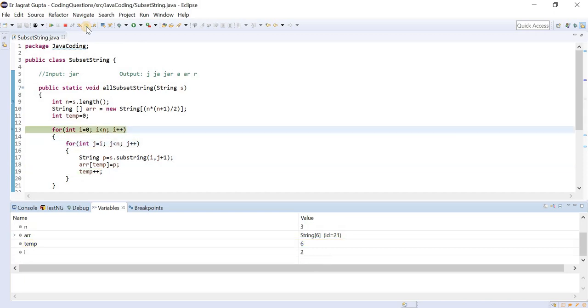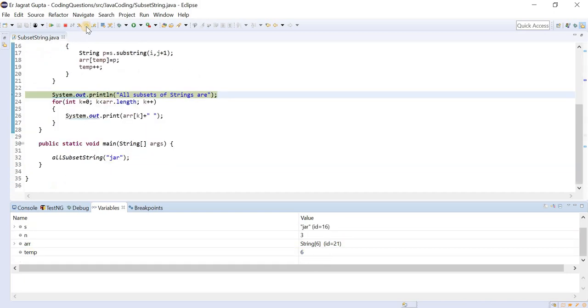And then the last iteration of the loop would work.